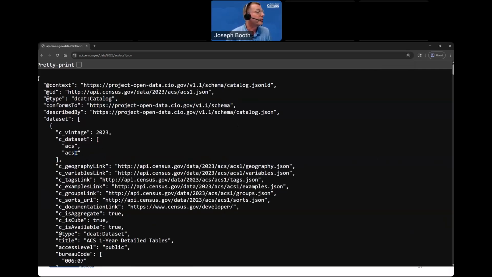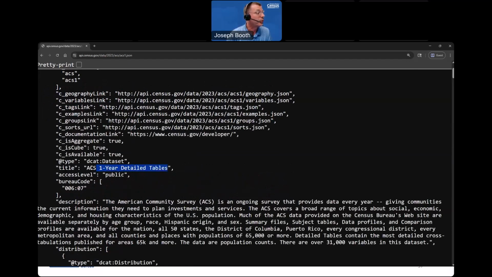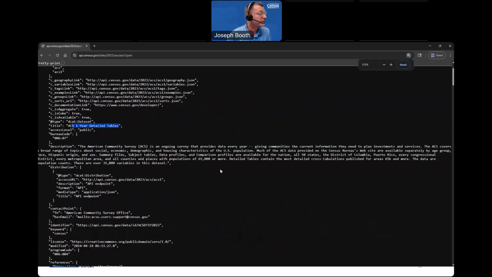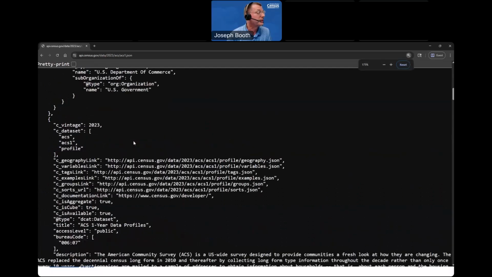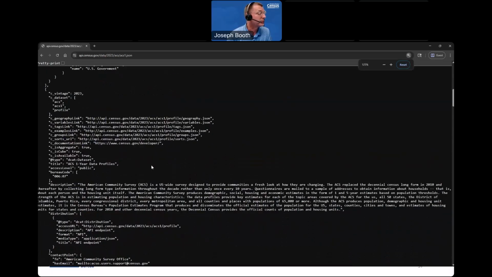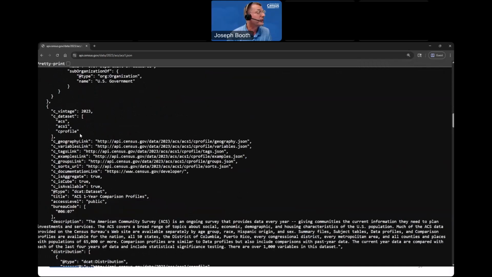Here's where the endpoint is, ACS1. We see that this is the ACS 1-year detail tables. And then I'm going to zoom back out here. You'll notice if I keep scrolling down, there's more data sets. So here's data profiles. I'm going to scroll down again. We've got the comparison profiles here.